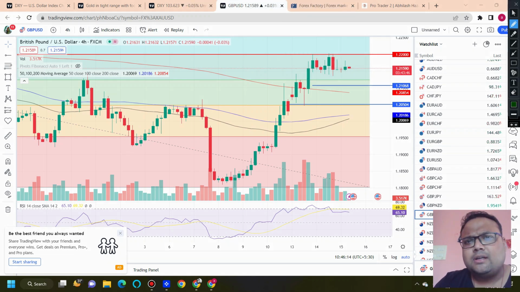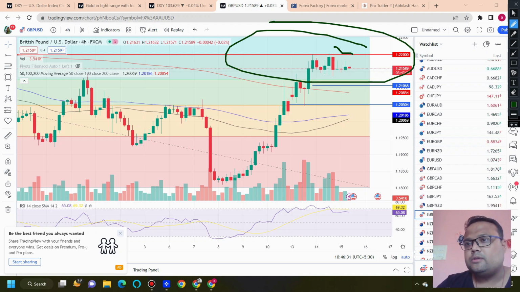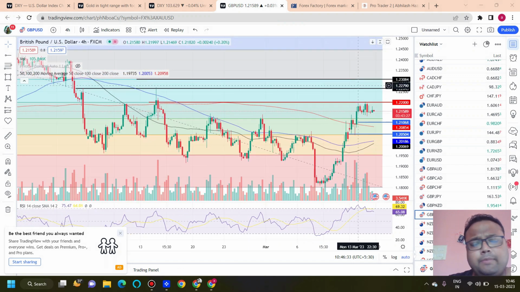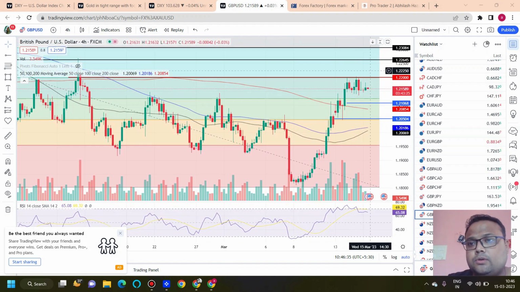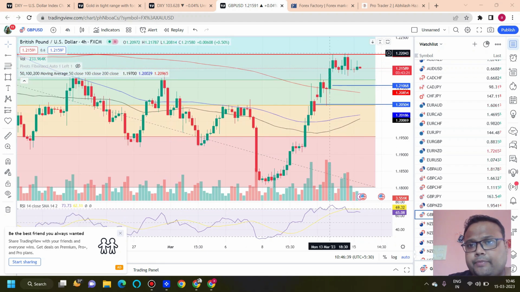In case you are not convinced enough, if you see that market is trading above 1.2200, but the buying pressure is missing, the buying power is missing, what you can do is just wait for the market to retrace and then go for a buy. So this is what you can do if market goes up. So two resistances, but be careful: 1.2264 and 1.2308.